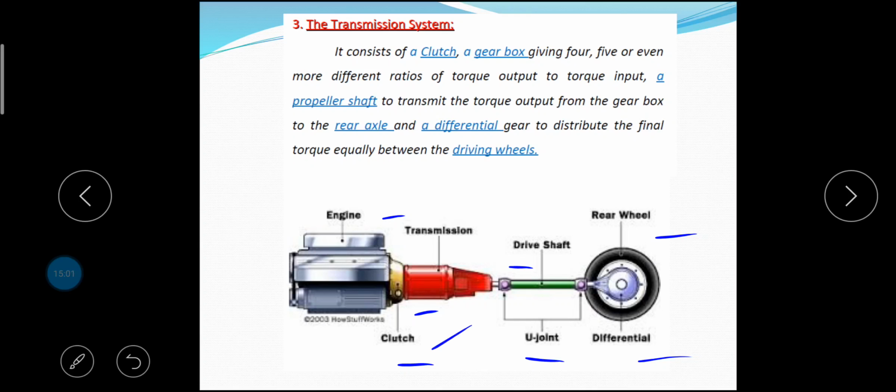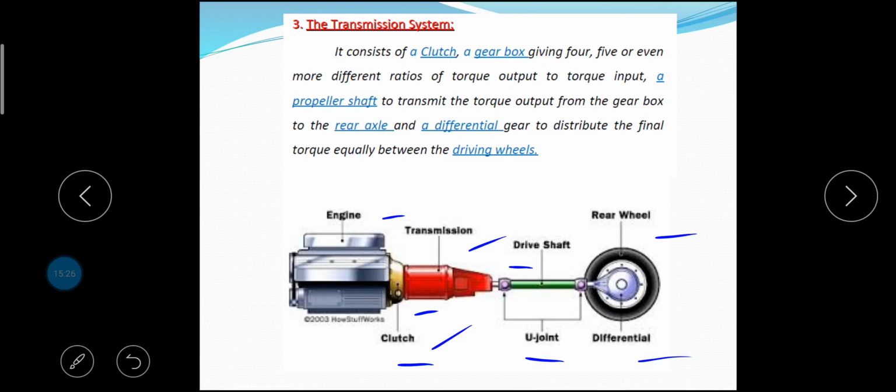See, this is a clutch. Its purpose is to enable the driver to disconnect the drive from the road wheels instantaneously and to engage drive from the engine to the road wheels gradually while moving the vehicle from rest. Gearbox or transmission: the gearbox provides the necessary leverage variation between the engine and the road wheels.